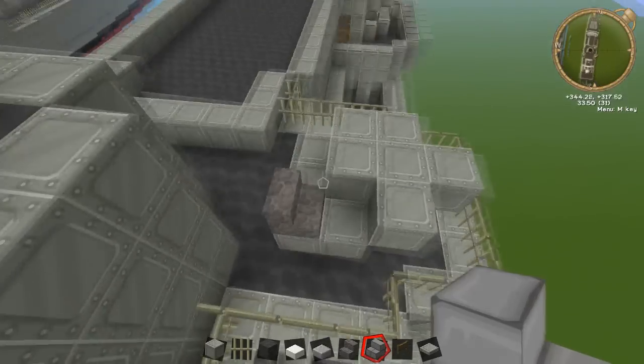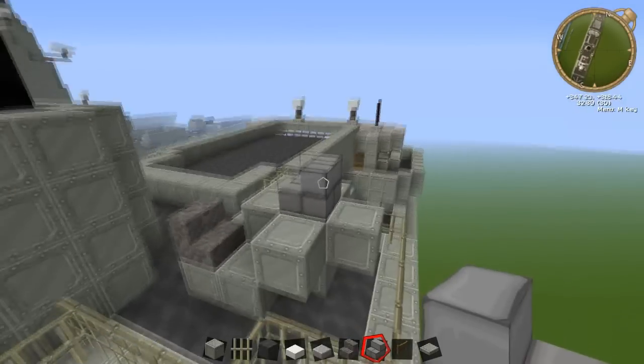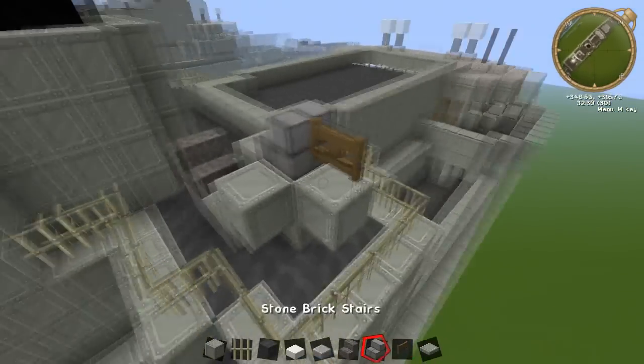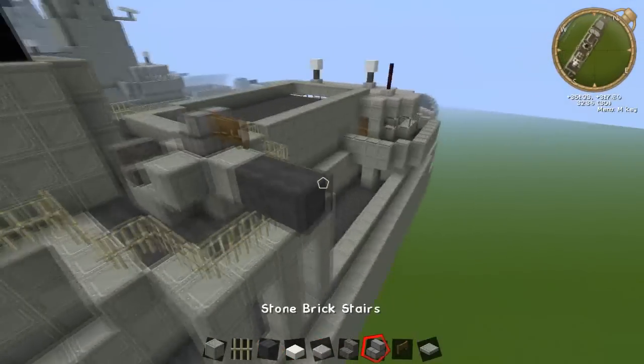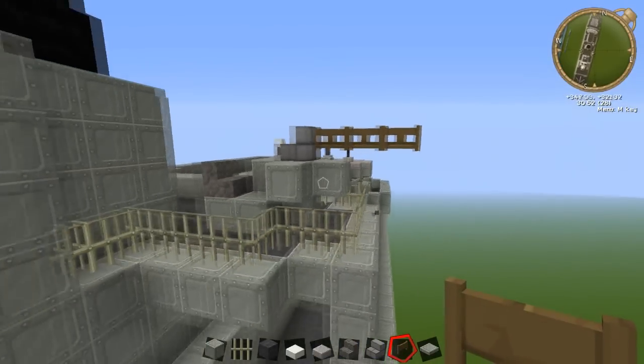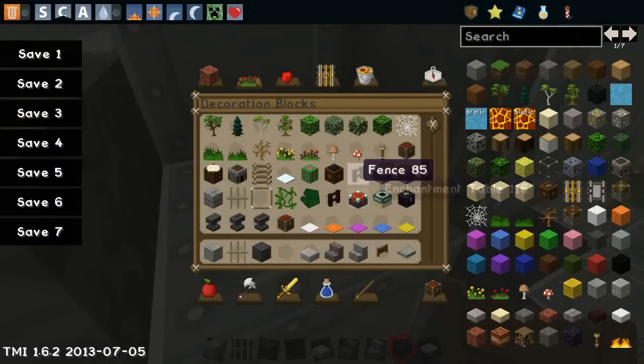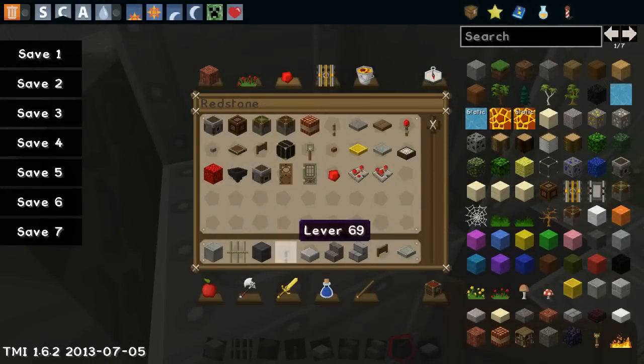Just like that. And then in the middle of this part here, you're just going to place, I used a stone brick stairs. And I came forwards by 3 blocks with fence gate like this, just to create this kind of gun. Just like that. Another thing you can do as well, I'll just get rid of this here, you can put in